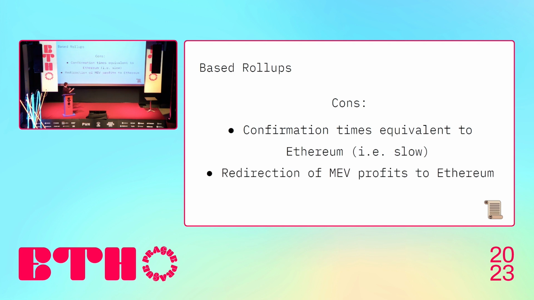And the second downside from the perspective of a rollup is all the MEV profits are redirected to Ethereum, or more specifically to the searchers. And basically the problem here is that the provers are the main cost for zero-knowledge rollups. And how do you ensure that the provers are incentivized enough to retain them and have them participate in great quantities? So, this doesn't really help because it basically redirects a large chunk of the protocol profits to the L1.